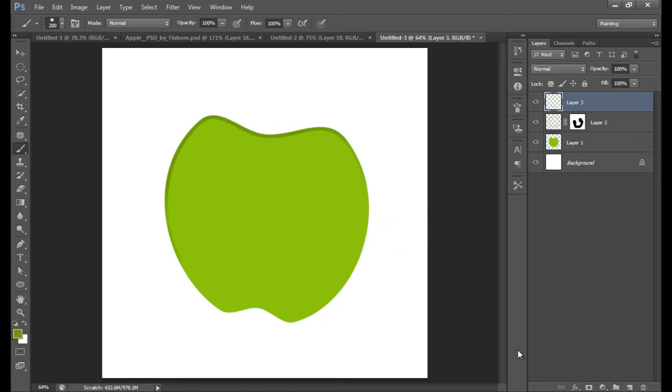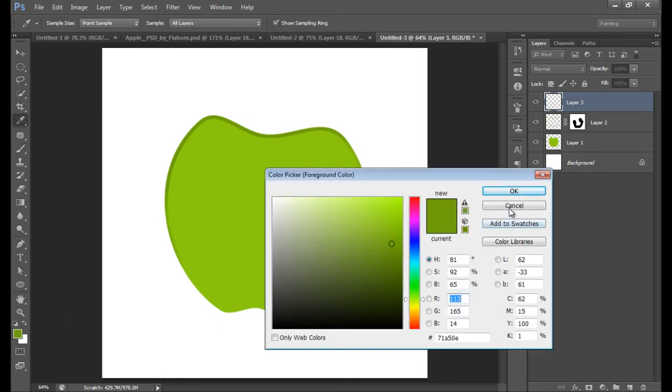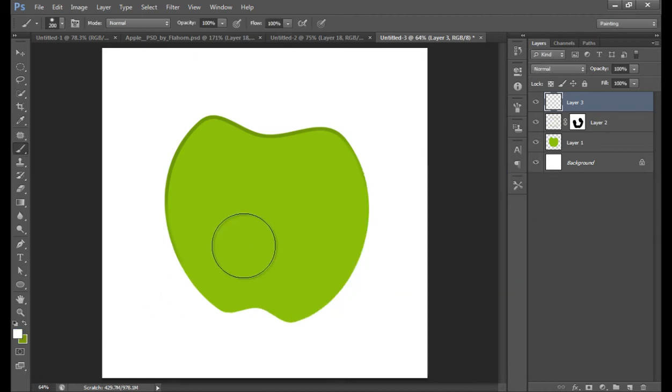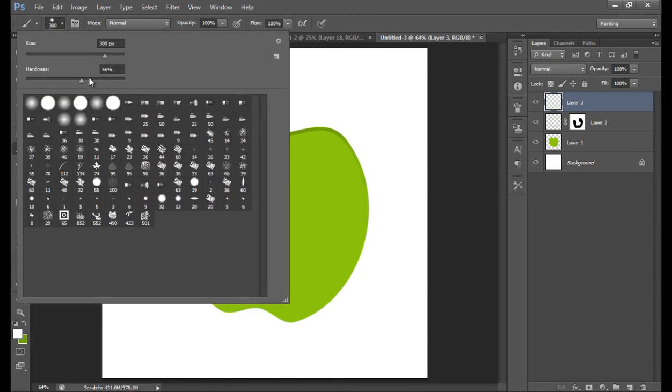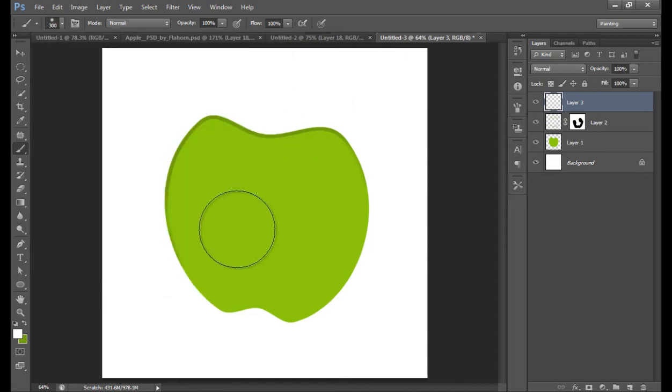Now again choose a layer. Now choose one lighter color. Maybe you can choose white. So X and apply here around this. Control Z and I want hardness 0. Apply a bigger brush like here. This. Now reduce its opacity around 16. Very nice. And make a new layer and